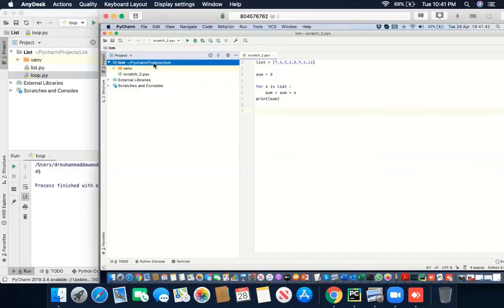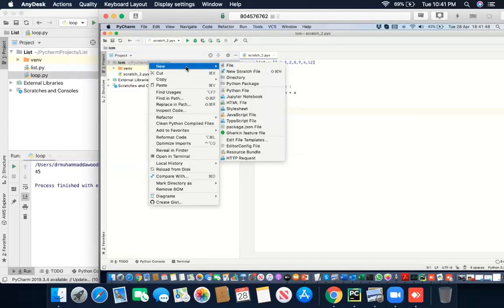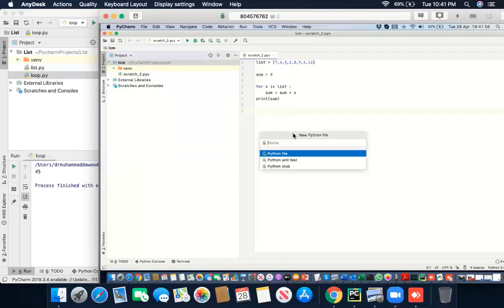It's a bit slow, but due to the network connection, I guess it's okay. So here we go, via the right click, here is the Python file. Click on Python file and name this file loop.